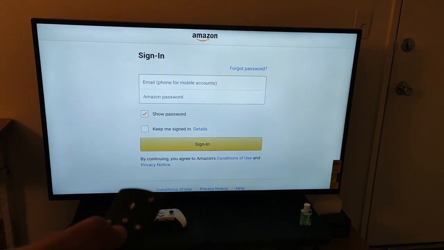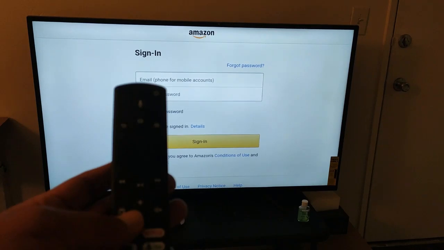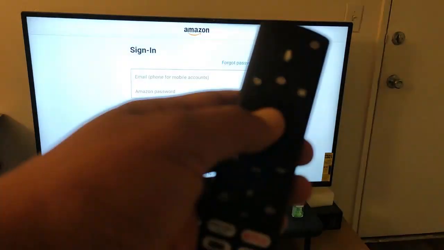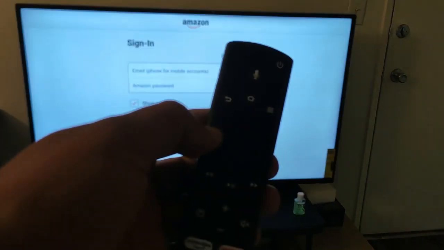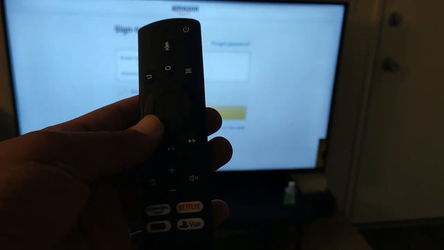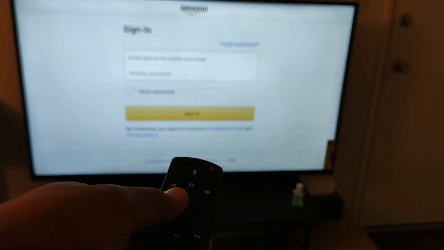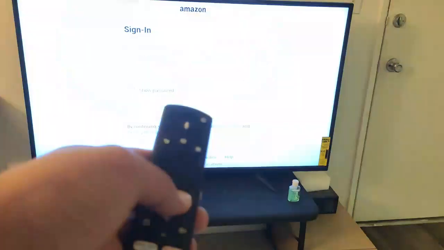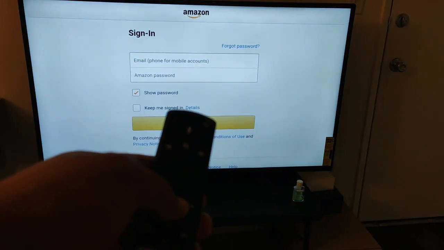So whenever I click home button, it says home is currently not available, like this. And when I provide any valid sign in ID and password, it goes there, but it comes back again. No matter whatever I do, it is stuck here. So what was the solution for this?